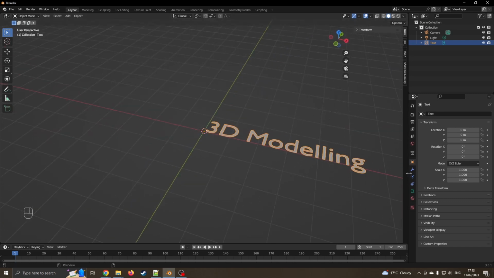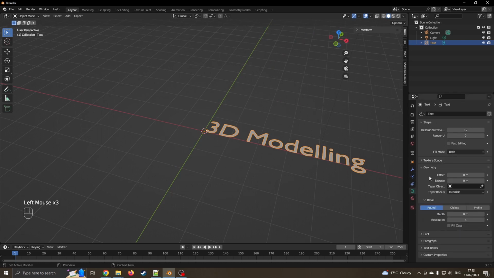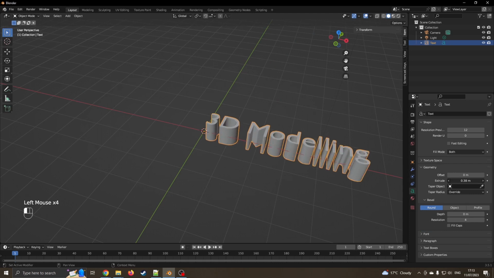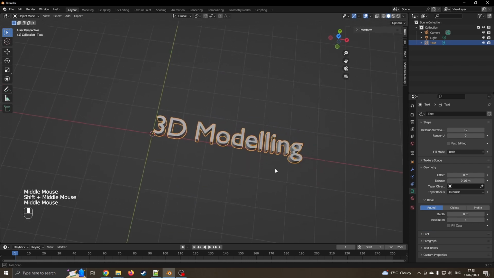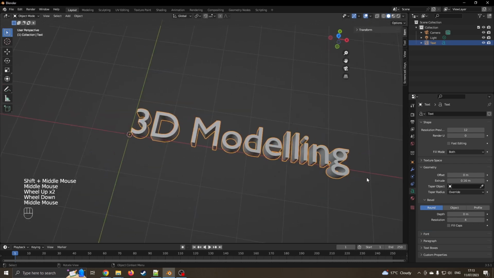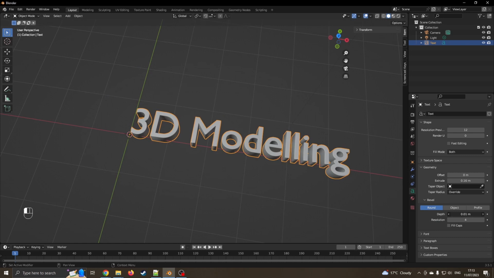I'm now going to come on to our little A tool for fonts. Let's close this down a bit. Geometry, and what this is going to let me do is extrude it, so you can make it as thick as you like. I'm going to leave it there. I'm going to have a quick look from the top view, so I have a closer look. I'm zooming in. I can also go onto the bevel tools, so I can just make it a little bit rounder,